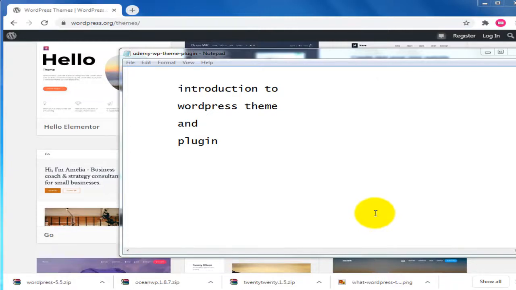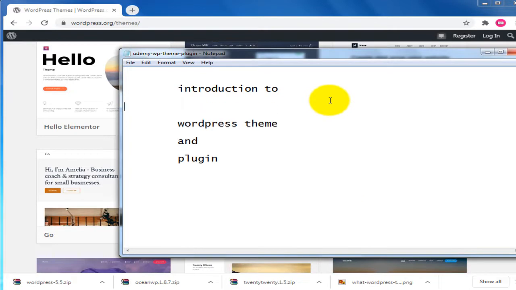In this session, you will learn about introduction to WordPress theme and plugin. So first of all, we would like to know about what is WordPress, where we need to download that WordPress software. Okay, so see, first what we need to do is install WordPress software, and then after that, depending upon our requirement,